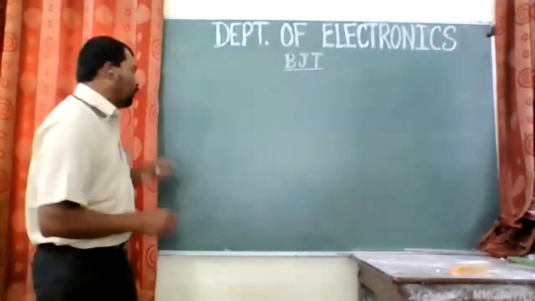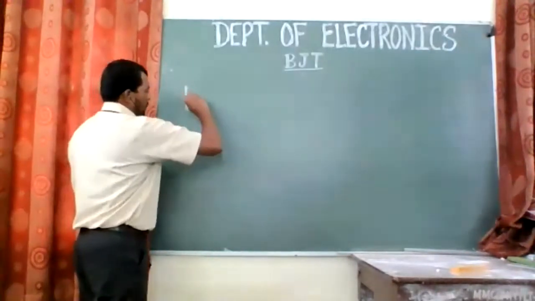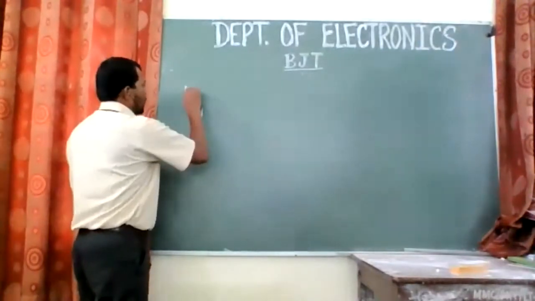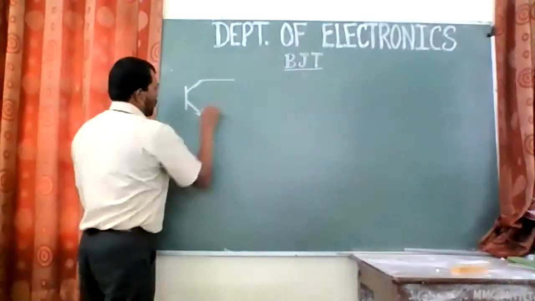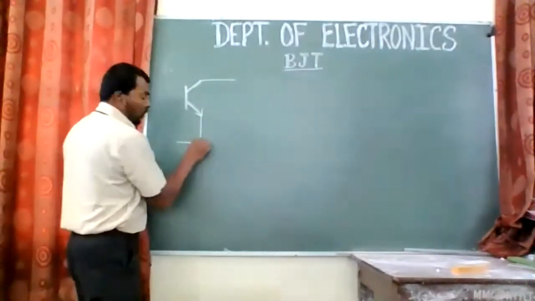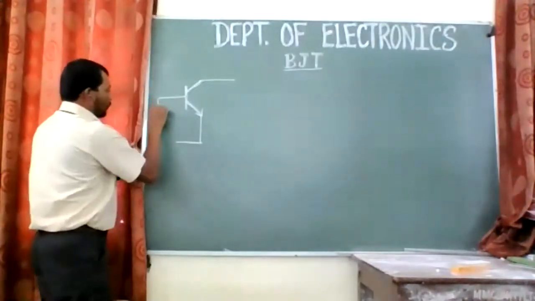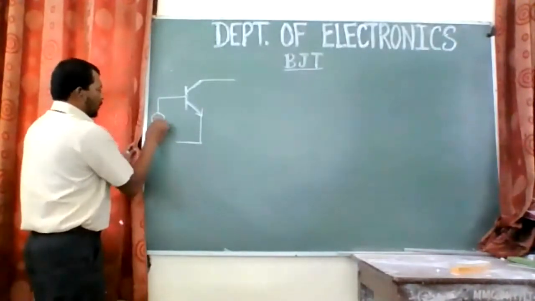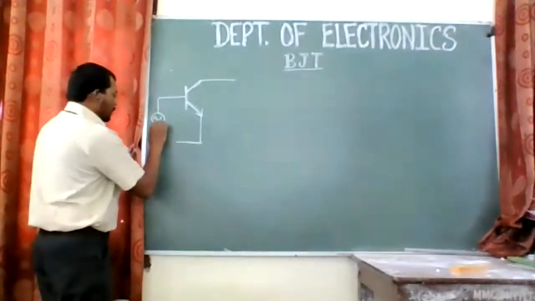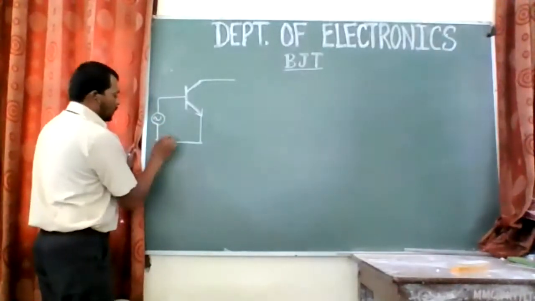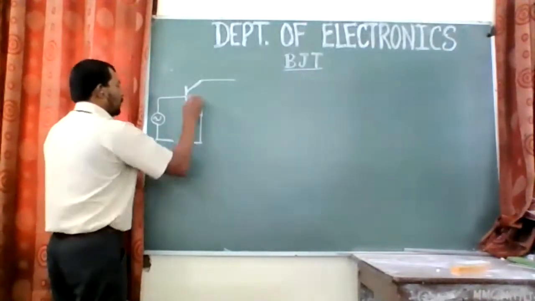Now let us see the configuration one more time. In a PNP transistor, this was supposed to be the base. I guess it is visible to you. I'm just drawing the circuit diagram of the common emitter configuration like this. The emitter is common to both the input and the output. The input is applied here to the base. This is the AC signal that we are having. Then it is given the biasing, so that this base emitter junction should remain in forward bias.